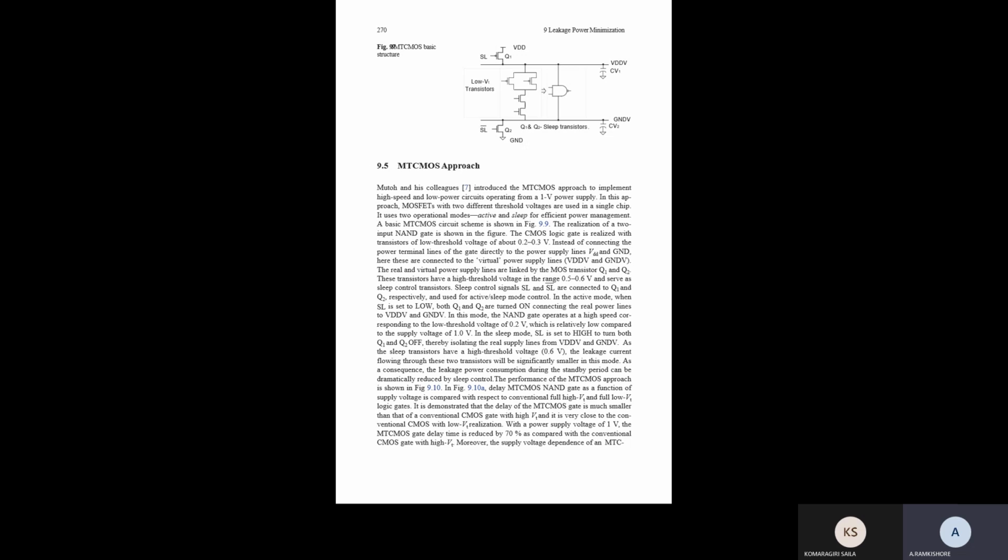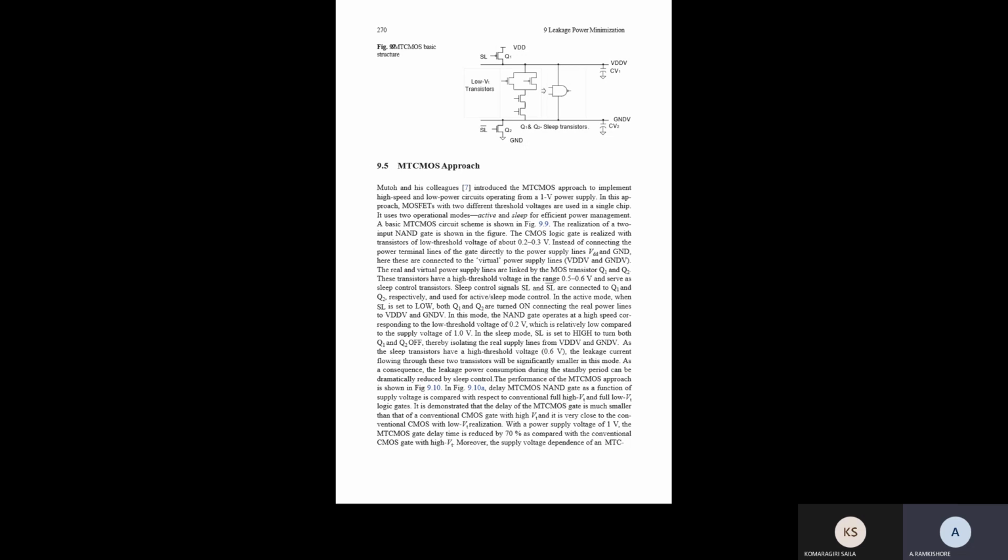Next, based on the variation of the normalized power delay product, which we can also represent in short form as NPDP, with the supply voltage. Whenever we are comparing the supply voltage, that is the real and virtual power lines, the power consumption is normalized by its frequency. So at low voltage, for example, we can consider a low threshold voltage at approximately 1 volt.